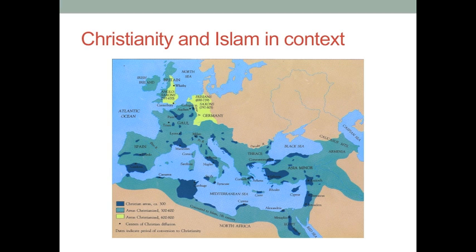The expansion of the Islamic empires following the death of Muhammad should also be understood in terms of their overlap and co-occurrence with the expansion of Christianity in the years immediately prior to this and during those years. And what you can see in this slide is that much of the area of North Africa and Southwest Asia had similar co-occurrences, but that Christianity moved much farther into Europe and to the areas adjacent to the Russian and the Proto-Tsarist empires.